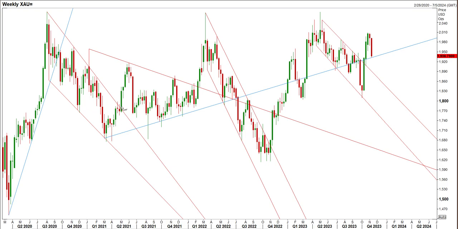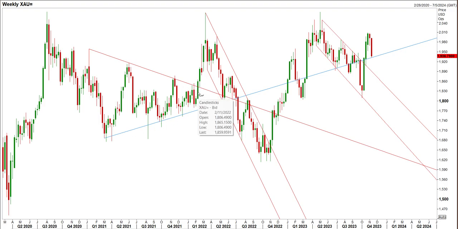And once the price closed above this one, it was indicating that it had started its bullish trend. After this, we can see that the price was again caged on a weekly basis between two trend lines, one the falling trend line and the other the rising trend line. Once the price closed above this falling trend line during the second week of February 2022, it started another bullish rally, which lasted till